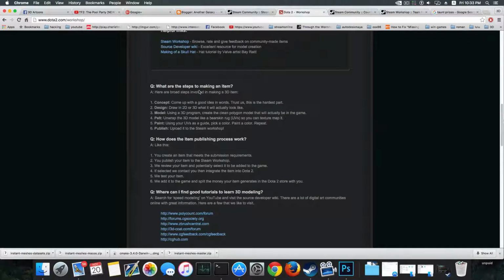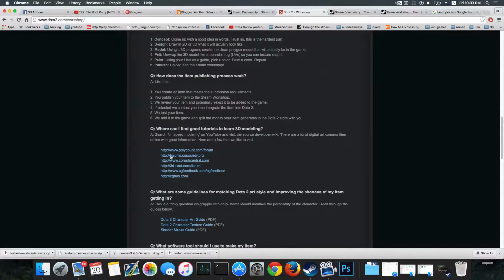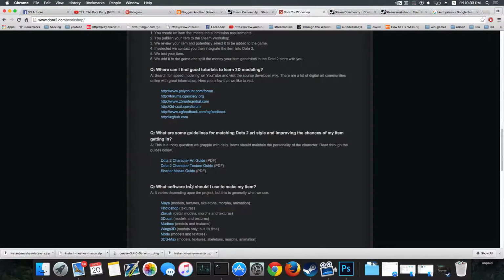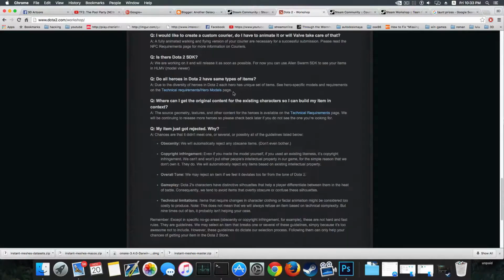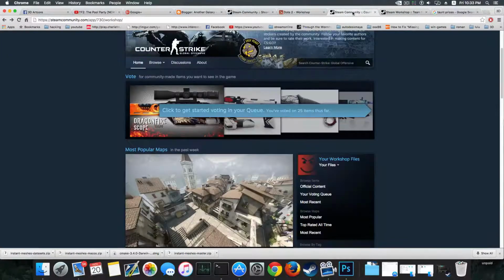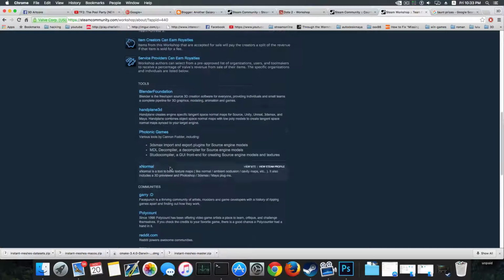You have questions, Q&A for all sort of stuff. You can find a lot of information on those particular communities, and also some of the tutorials. I'm gonna show you it here at the Team Fortress 2. Okay, if you scroll down here, you can see that there are